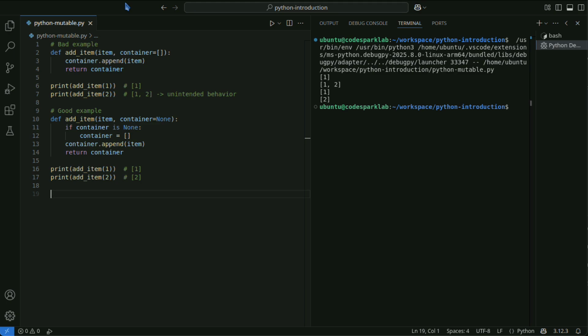To deeply understand Python's variables and data types, it's crucial to grasp the differences between mutable and immutable. Understanding these characteristics helps you avoid unintended behavior in your code and write more robust and readable programs.